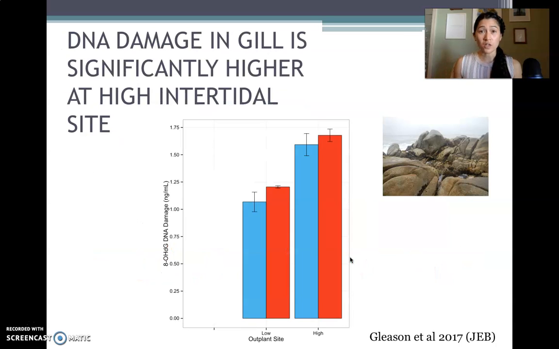And we know that those temperature differences have effects on these mussels at these different sites. This graph, what we're looking at is DNA damage in the gill tissue, so you can specifically dissect out the gills of these mussels and quantify the amount of DNA damage that's happening in these mussels as a result of